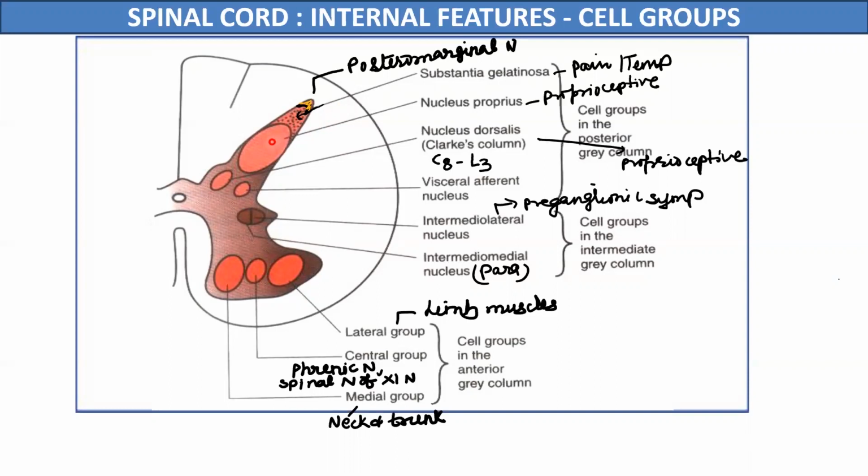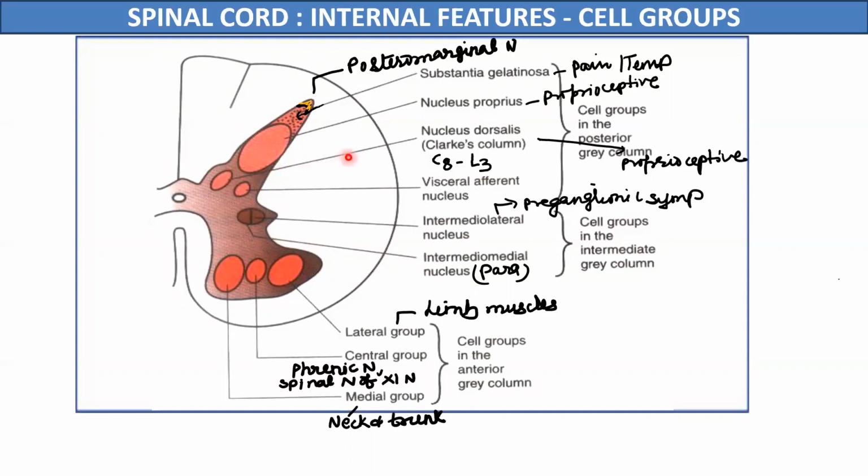The third group of neurons anterior to substantia gelatinosa is the nucleus proprius, and this nucleus proprius is also present throughout the length of the spinal cord, and as the name suggests, proprius, it will receive the afferents which are carrying the proprioceptive sensation or sensations of pressure and joint sense. And the second order neurons which are present here will now form the anterior lateral spinothalamic tracts and the anterior spinocerebellar tracts.